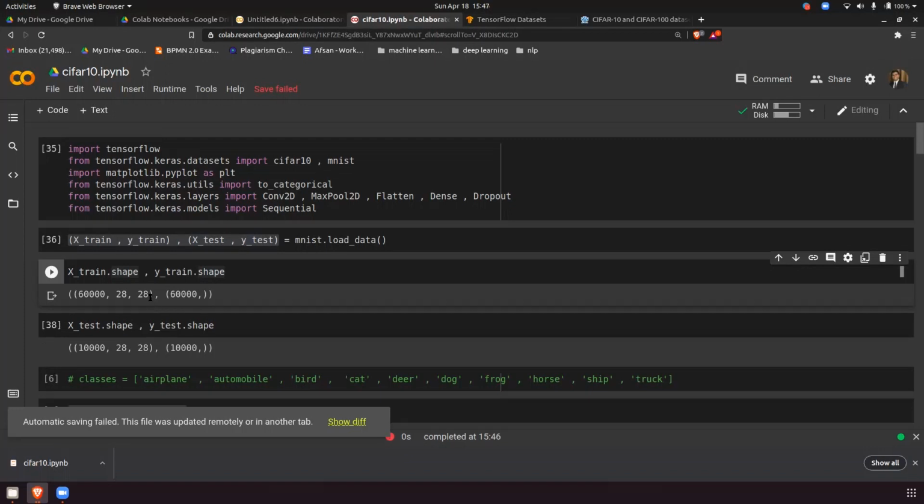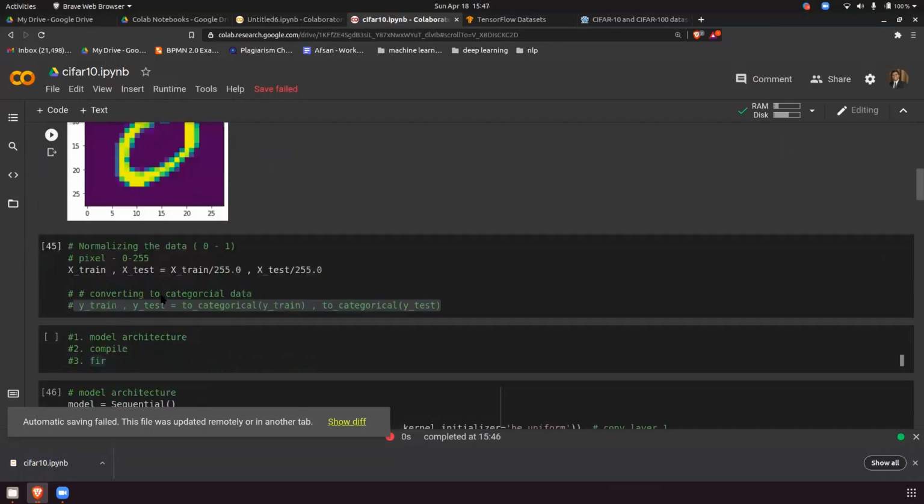So Keras always takes a 4-dimension array. One is the batch size, how many images you're passing, and then the image size. Now here the problem is that in MNIST the images are grayscale, so we have only 3 dimensions here: the number of images, 28 cross 28. But somehow we have to add the 4th dimension.